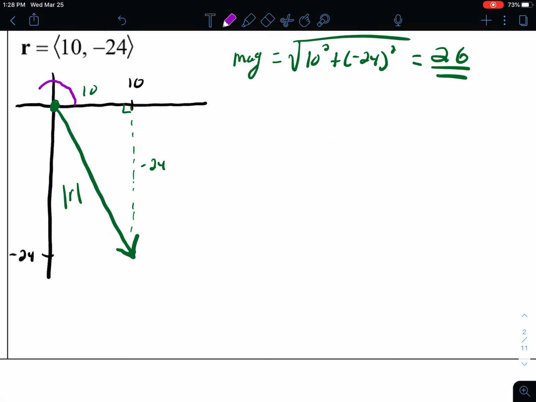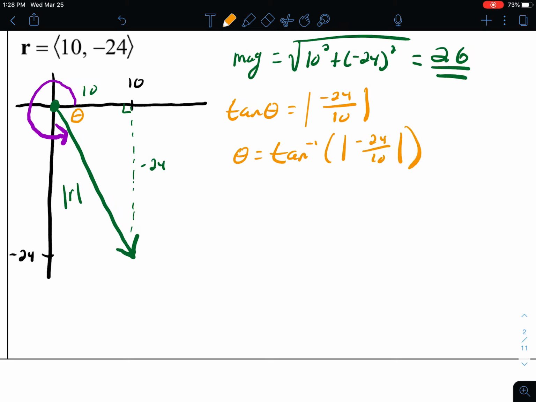Now the direction angle here is counterclockwise rotation off the positive side of the x-axis. So in order to find that, we're going to find the angle inside the triangle here first. So tangent of theta is going to equal y over x. So negative 24 over 10. We're going to take the absolute value of that to get this reference angle. So theta is going to equal the inverse tangent of the absolute value of negative 24 over 10. And we get our reference angle here to be